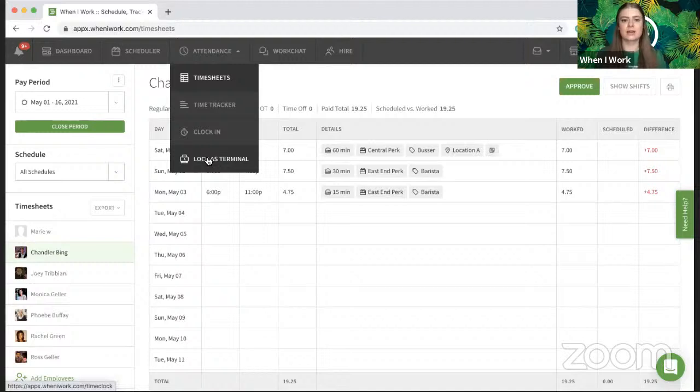And you can set this again on any device that you just want to set and dedicate as that clock in terminal. The third way, and I always like to say the most popular way for employees to clock in and out in When I Work, would be the mobile clock in option. When you turn this tool on, there would be a big green button that shows up on your employees' mobile apps. And then all they would have to do is click clock in to be able to clock in for